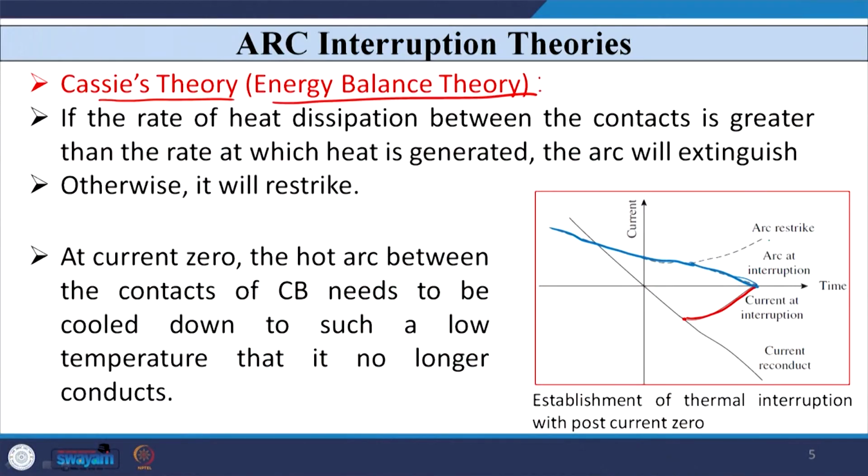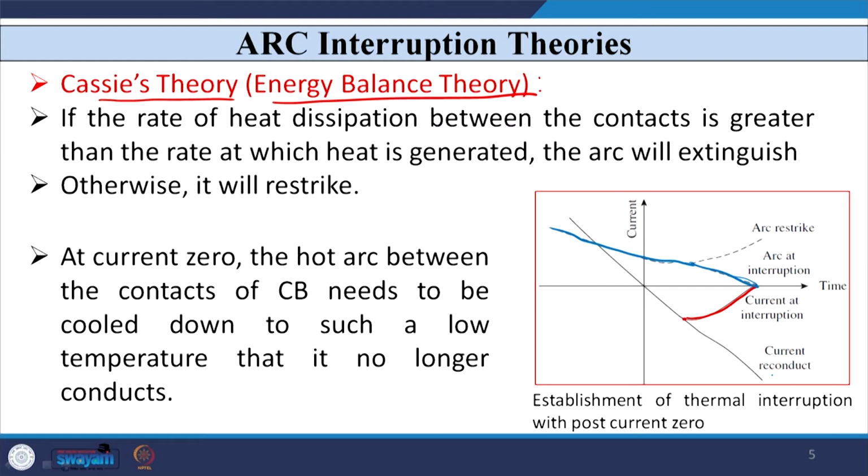So, at this instant the arc is fully quenched. If the reverse is the case, that is, the heat generated is greater than the heat dissipated across the contact of the circuit breaker, then the arc is not going to be quenched and it may divert like this. So, there are fair chances of restriking of the arc, right. This is very important as far as the arc interruption theory of the circuit breaker is concerned.